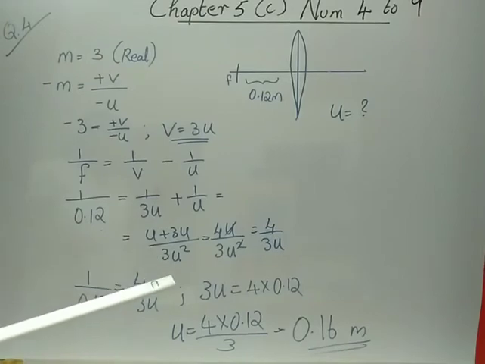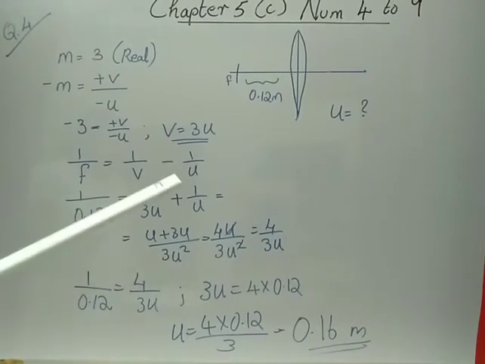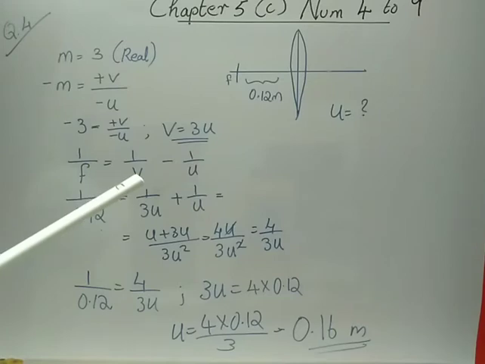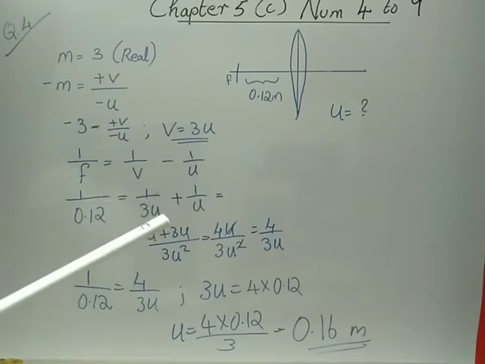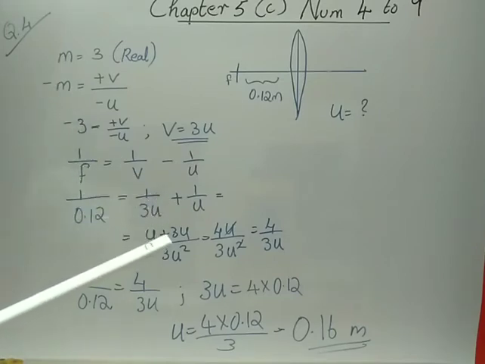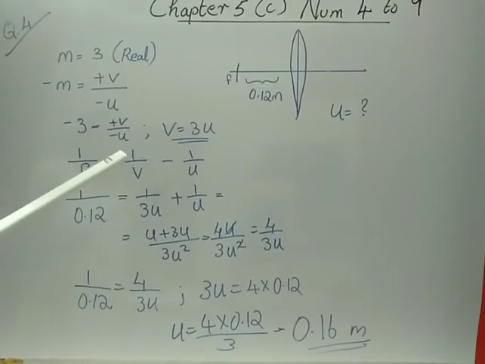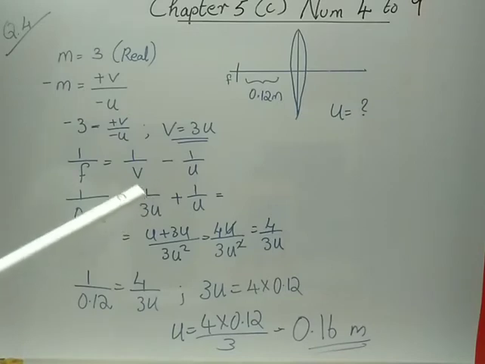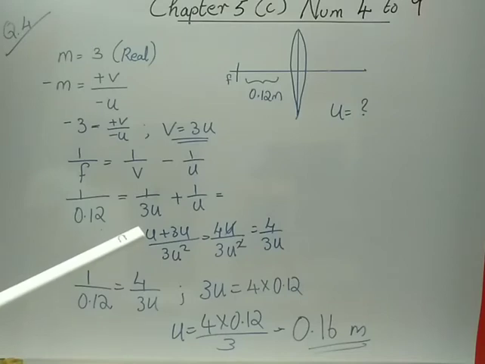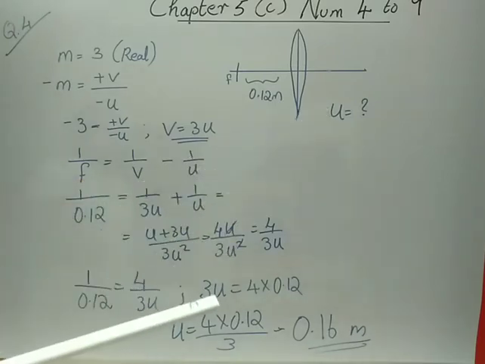Now, to obtain a real image. I told you each point because from real image only, we should know whether the magnification will be positive or negative. So here we write: real image of 3 times the size of the object. 3 times the size of the object means it is magnified thrice, so magnification is 3. Only this much is given. The question is how to find the position of the object, that is U. We have to find U.